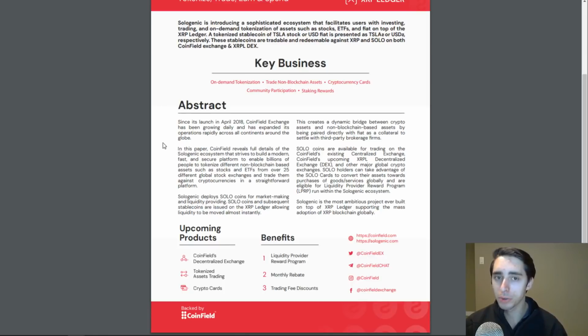So there's a few key things to talk about here, right? This expands on CoinField's vision, but outside of this as well, this really brings about a lot of different opportunities. It not only gives me the opportunity to go in and out of crypto assets to equities, but also to have from one place a balanced portfolio from different asset classes in one single basic solution, in this case, based on the XRP ledger.